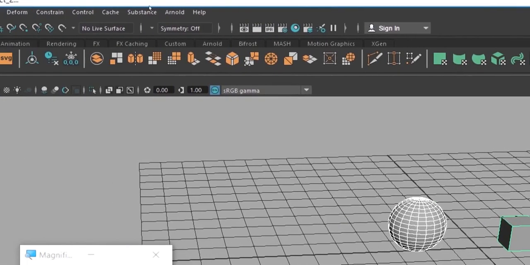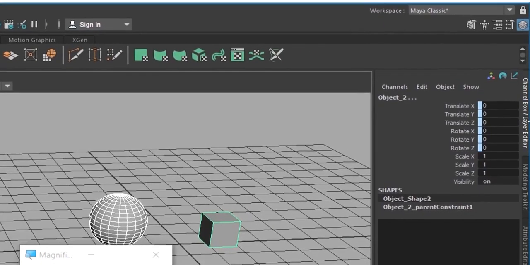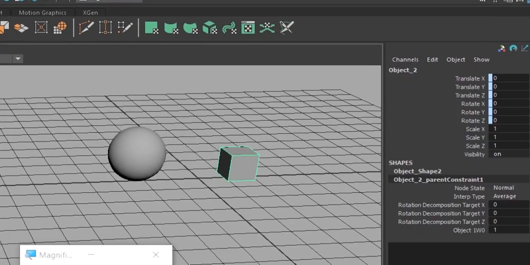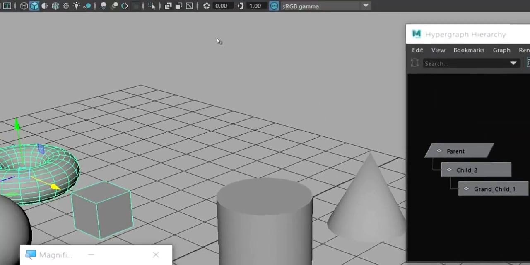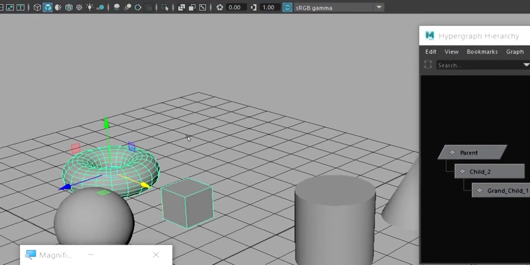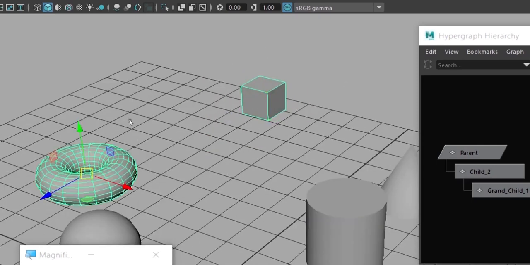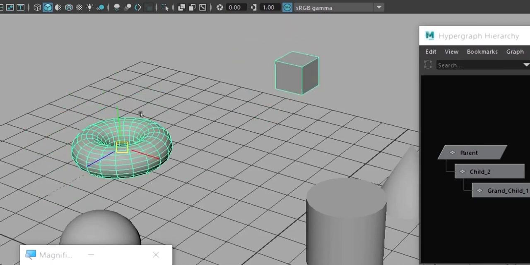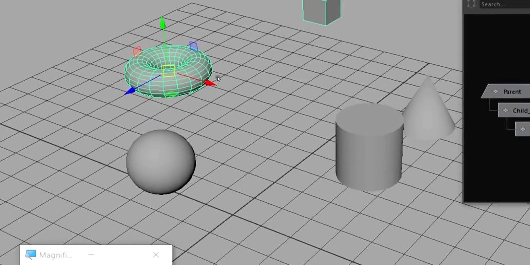I am giving parent constraint. As usual, it is clear. You can see translate XYZ, rotate XYZ. What happened in the parent-child concept? The child may move somewhere. Okay, the child, it can be somewhere else. But when the parent moves, it moves along with it. But this is in parenting.